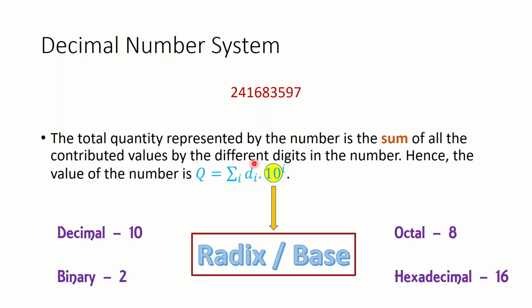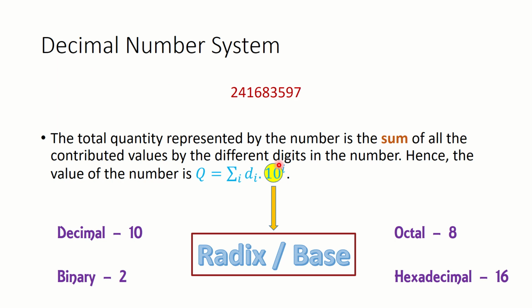You pick up any digit from the number, you note its position, and you raise 10 to that position number. If you have the position number i, you raise 10 to the power of i. You do not raise anything else to the power of i when you are in the decimal number system. So, this 10 is very specific to a particular number system,